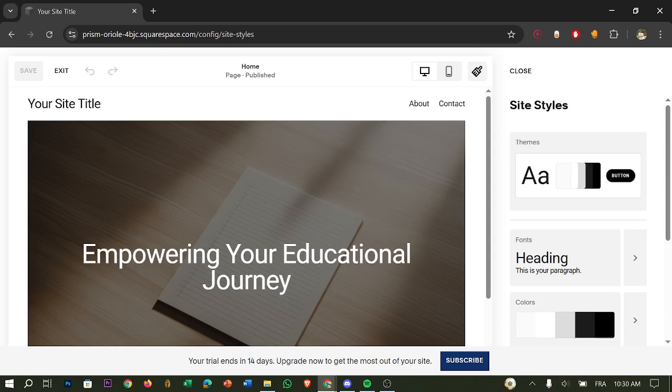Okay, if you want a completely different look, rebuild your homepage. Step: open homepage, click edit, delete all sections, add new sections with different layouts, and reorder sections. So no content loss,